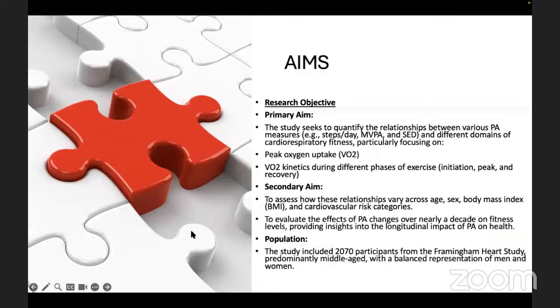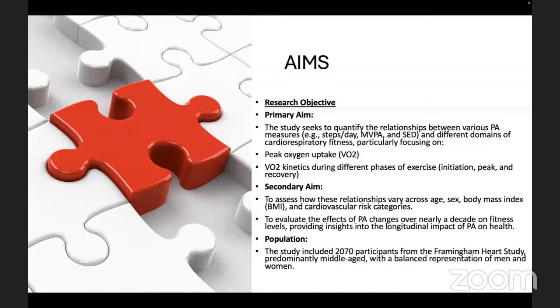So the research objectives were divided into a primary aim and a secondary aim. The primary aim was that the study seeks to quantify the relationship between various physical activity measures, for example, steps per day, moderate vigorous physical activity, and sedentary lifestyle, and different domains of cardiorespiratory fitness, particularly focusing on peak oxygen uptake, which is going to be a very important point, so please bear that in mind, and the oxygen uptake kinetics during different phases of exercise,